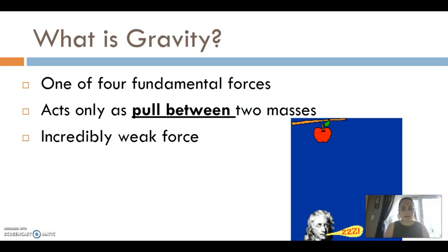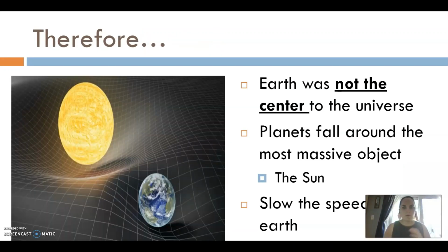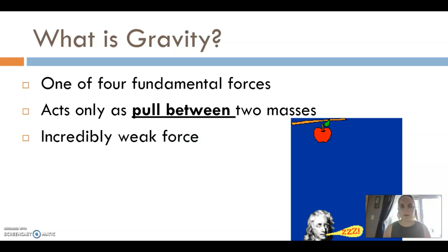So this gets us into the idea of, okay, well, we're an object. We are continuing in this motion. So there has to be some type of force that is changing our acceleration, right? It's causing us to accelerate. It's causing us to change direction. We might not necessarily be changing speed, but we're definitely changing direction. So we are accelerating, right? Because constant velocity would be an object at a constant speed in a straight line. So what is causing us to accelerate? Well, it's gravity. So what is gravity?